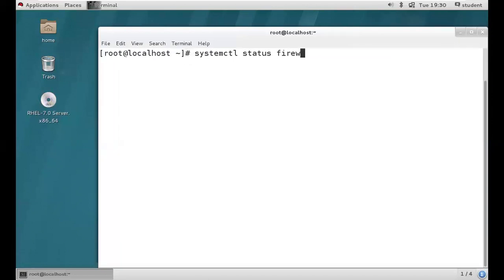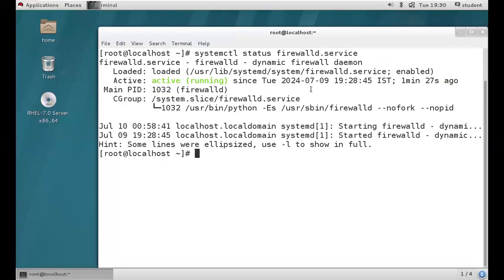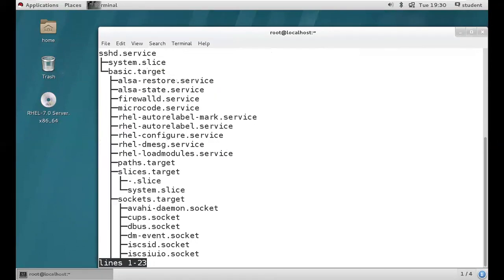Very good. See, guys, it got active. So like this, you can. Okay. So systemctl list-dependencies. You can check the dependencies of your particular service. You're going to get the list of dependencies. So this is all about